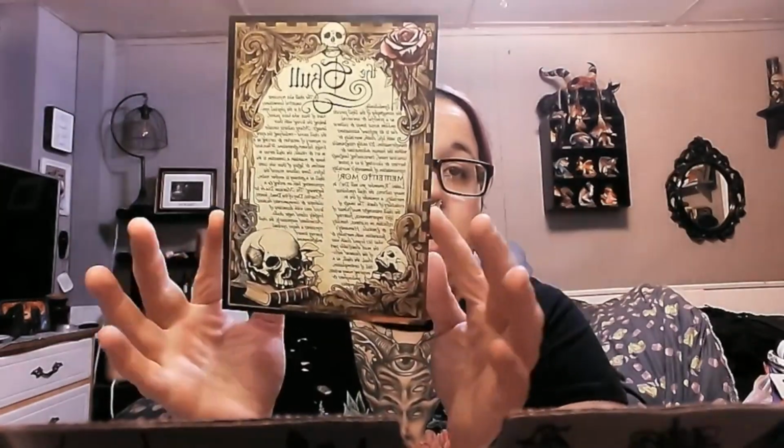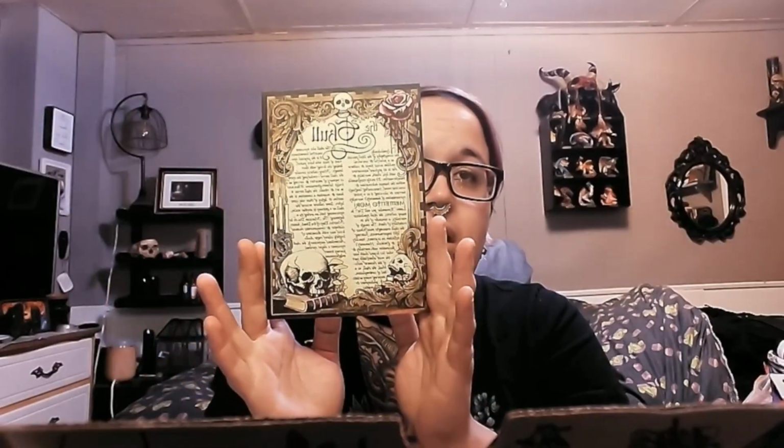I wouldn't think skulls are any worse or any better than any other thing. Just being you. So beautiful, beautiful artwork. I'm gonna have to really think about how I love adding these into my Book of Shadows because I think that they are amazing. They're packed with information and they're absolutely gorgeous. I'm gonna have to hold that one to the side a lot until I can really do it justice, because I swear if I put that in there and I don't do it justice, I'm just gonna...